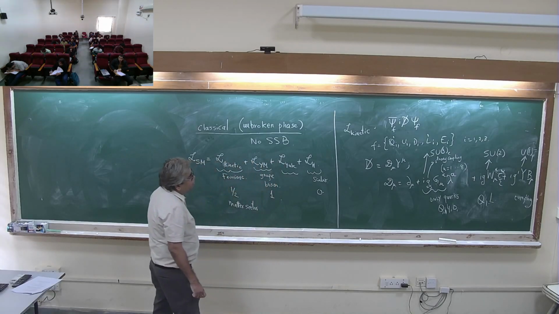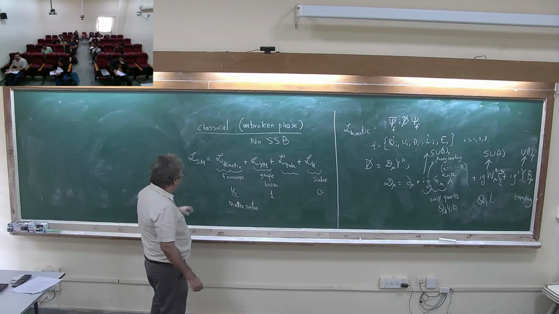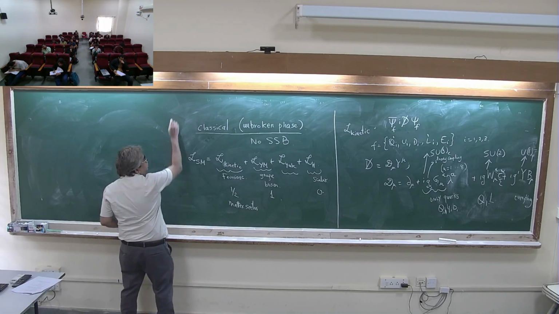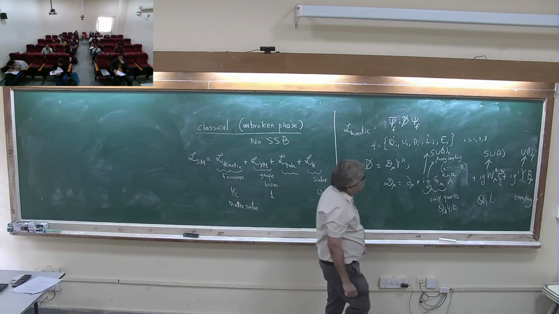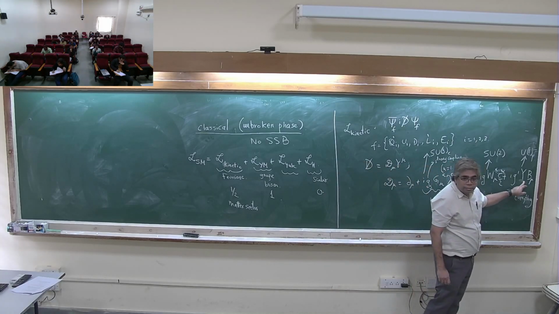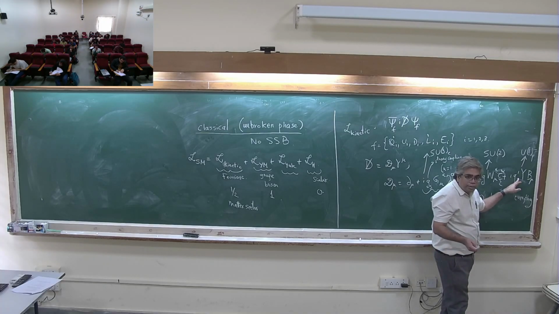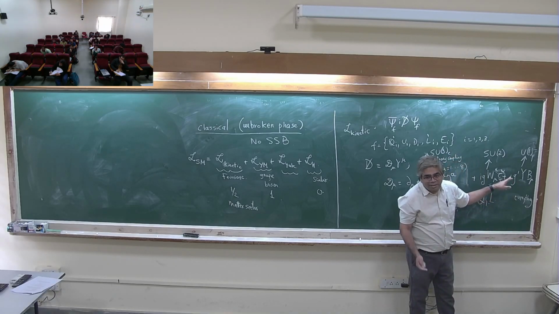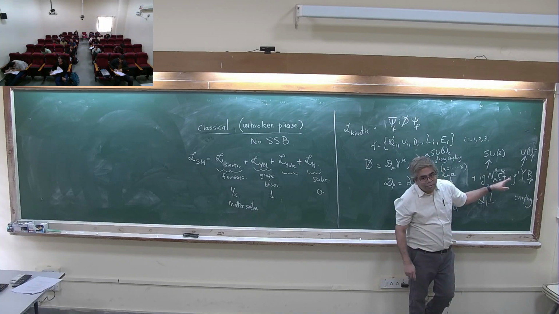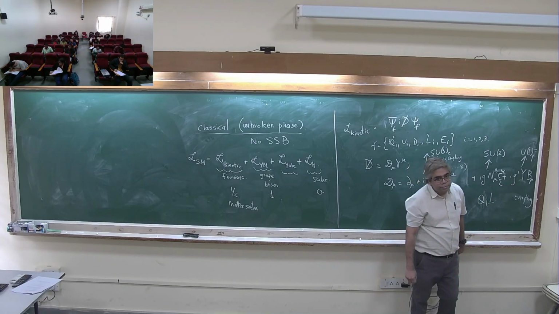Let me just elaborate a little bit on this part, one second before coming to the symmetries. G prime and Y both. Yes, Y is the charge, the hypercharge. G prime is the coupling. Like in QED, you put in the electric charge, but not in QED because we work with electrons and protons, we don't put in one. But if you work with quarks in QED, you have to put 2 by 3 or 1 by 3.